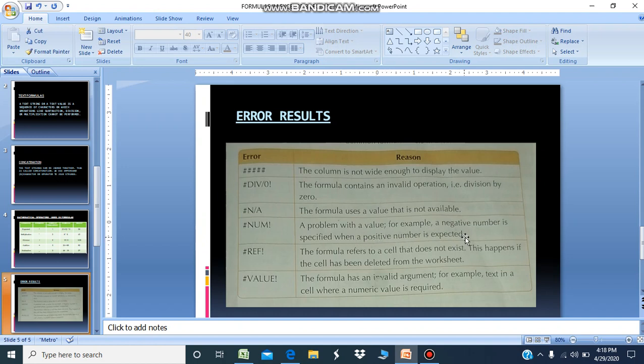Ref means the formula refers to a cell that does not exist, that the cell has been deleted from the worksheet. And the last one, Value, means that the formula has an invalid argument, that something has gone wrong while typing the formula.